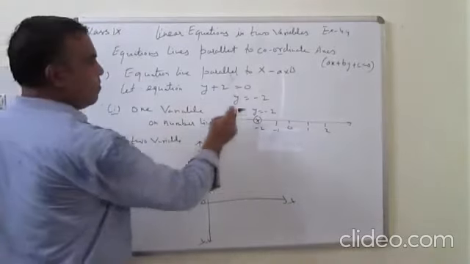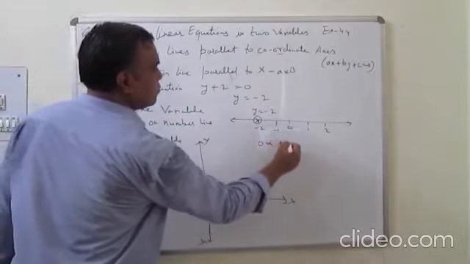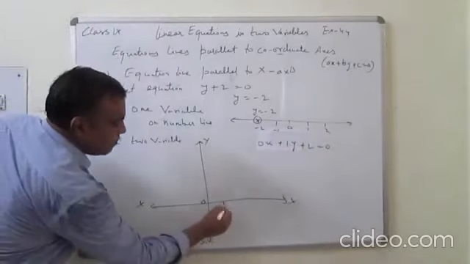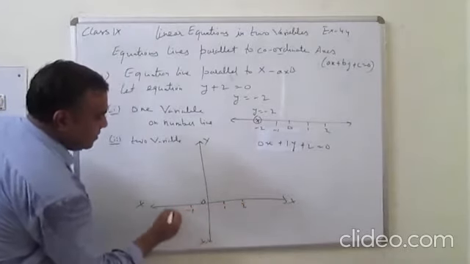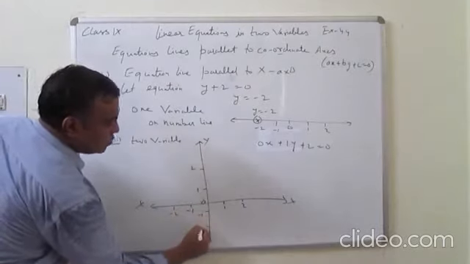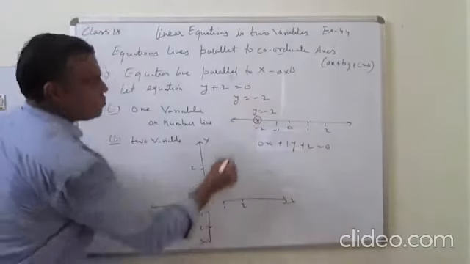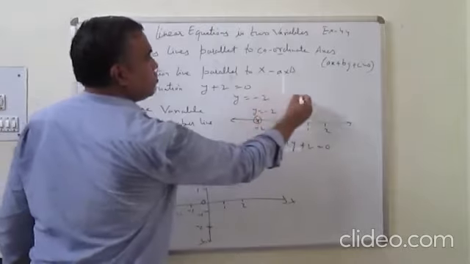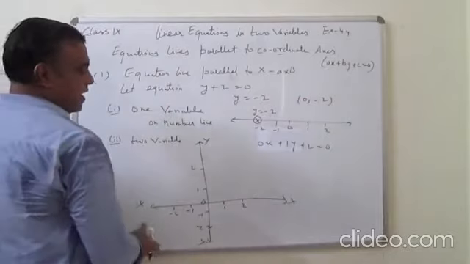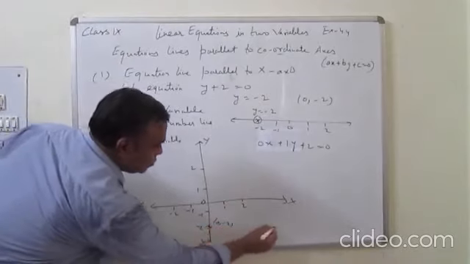Now we have to plot y is equal to minus 2. So we can write it in the form where x is 0. So we are going to plot the equation 0x plus 1y plus 2 is equal to 0. Scale is 1 centimeter is equal to 1 unit. Mark 1, 2, minus 1, minus 2. The line is parallel to the x-axis and the point has y as minus 2. So the point will be (0, minus 2). X is 0. This is (0, minus 2).